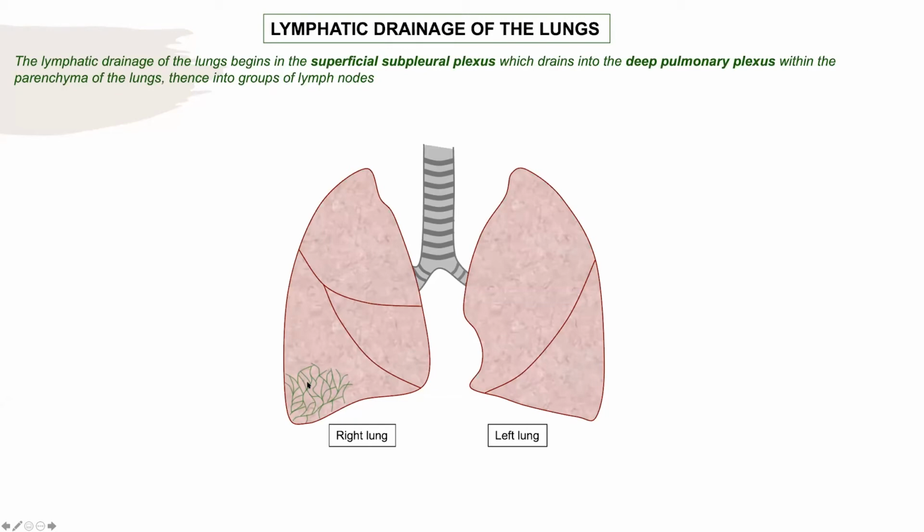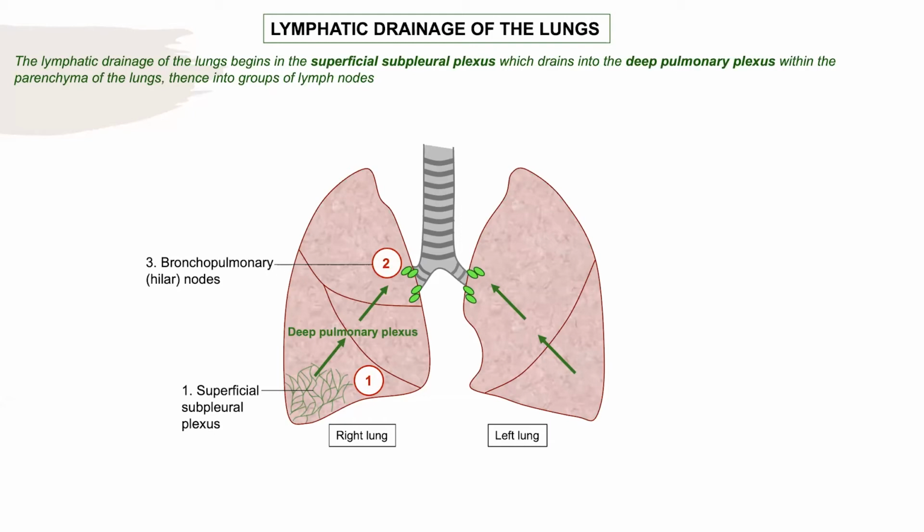Superficial subpleural plexuses. This is level 1. Then it goes to the deep pulmonary plexuses, and then towards the lymph nodes, and these lymph nodes are widely scattered all across. So this is level 2: bronchopulmonary or hilar nodes. Guys, these are the nodes that, when we look at an X-ray chest, are visible as hilar shadows, the blood vessels plus these lymph nodes. If they are enlarged, they can become very obvious. On CT scan and MR, we can pick them up and we can stage the disease.